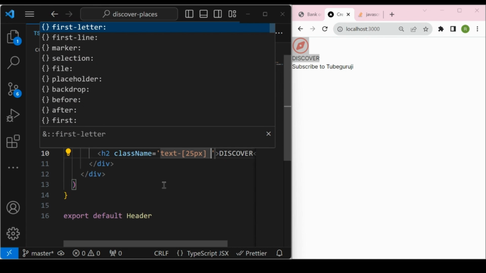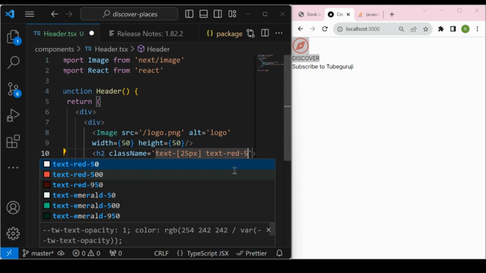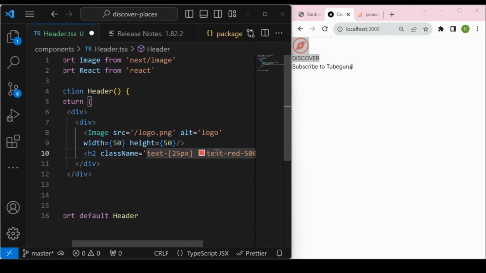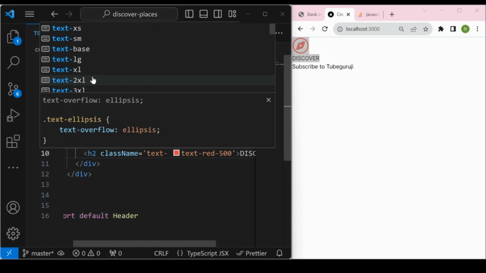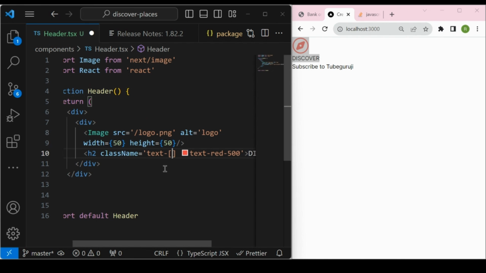Then I will also add the text color. So in this case I will add red 500. See, you get the suggestion. Now when you want to give your custom size, you have to give it in a square bracket. Otherwise you can use the Tailwind CSS size as well, like this, right? 2xl, 3xl. But in order to get a custom size, you have to write in a square bracket like this, 25